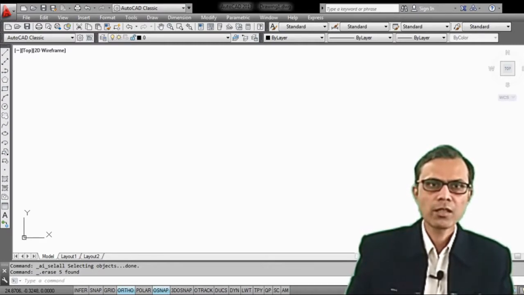In this session, we are going to study about CAD. It is known as Computer Aided Designing. It is a software which is used to prepare complex drawings. Any complicated drawings or complex drawings can be easily prepared with this type of software, and